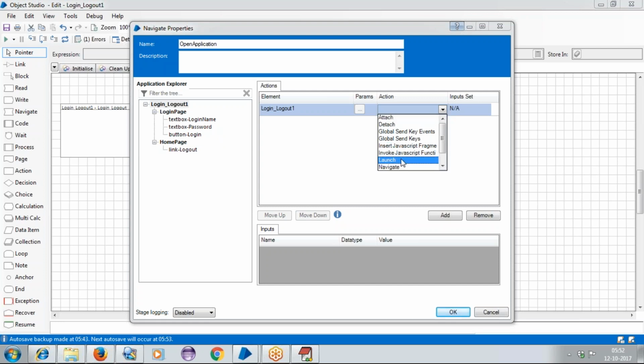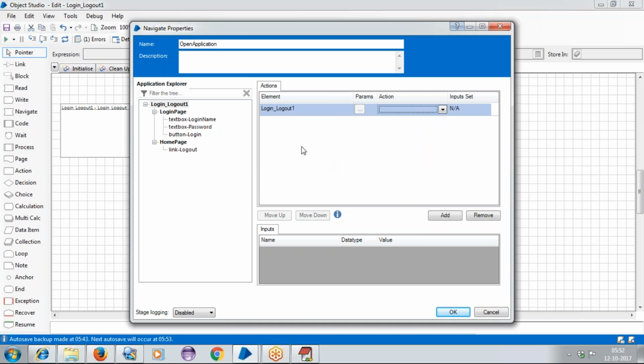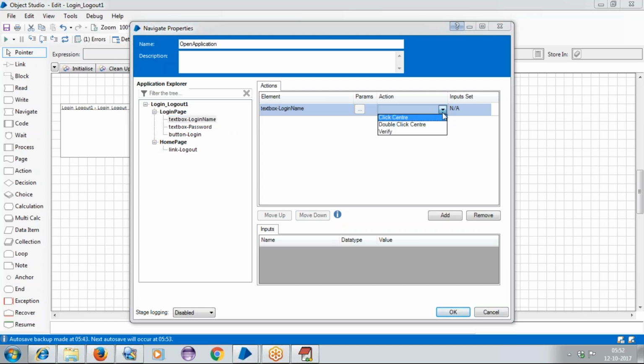actions here. Now we can see I'm getting the option of the launch button here. For example, this is the text box, right? I'll be doing the drag and drop activity of the text box. Now we can see there is no launch action here. So whenever you are working with Blue Prism, whatever element you are using, whether you are working with the text box or the button, automatically it will suggest what actions we need to use.